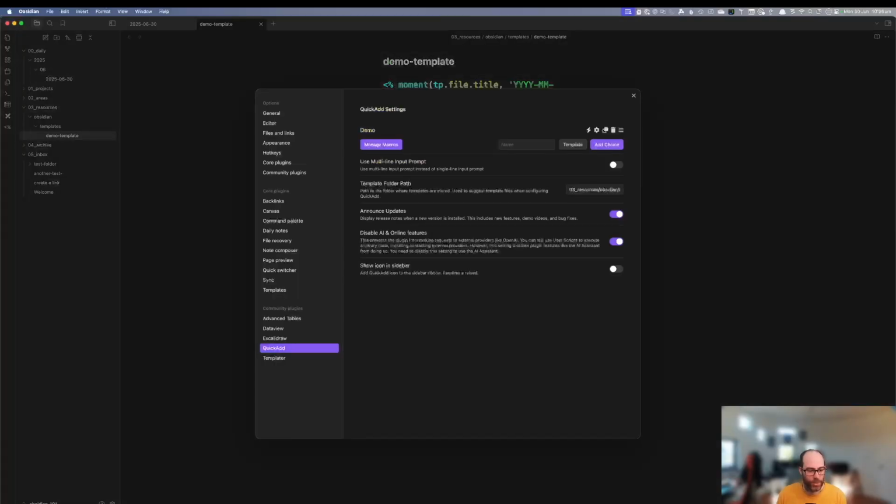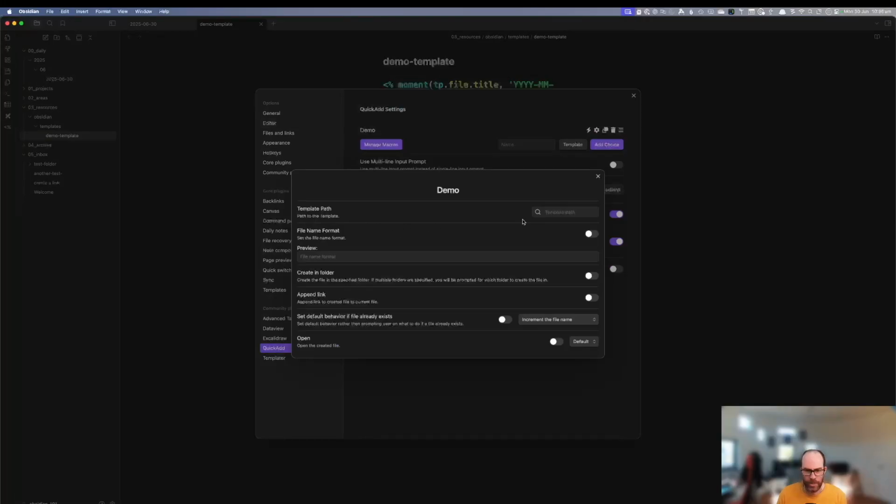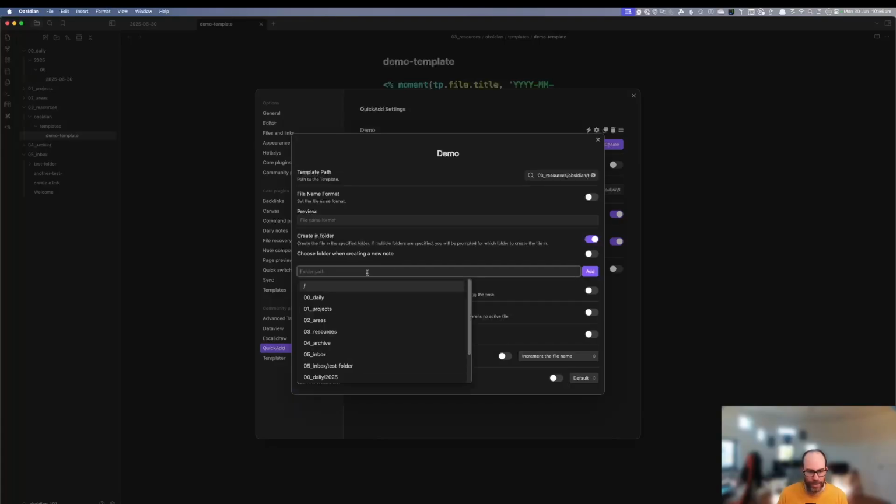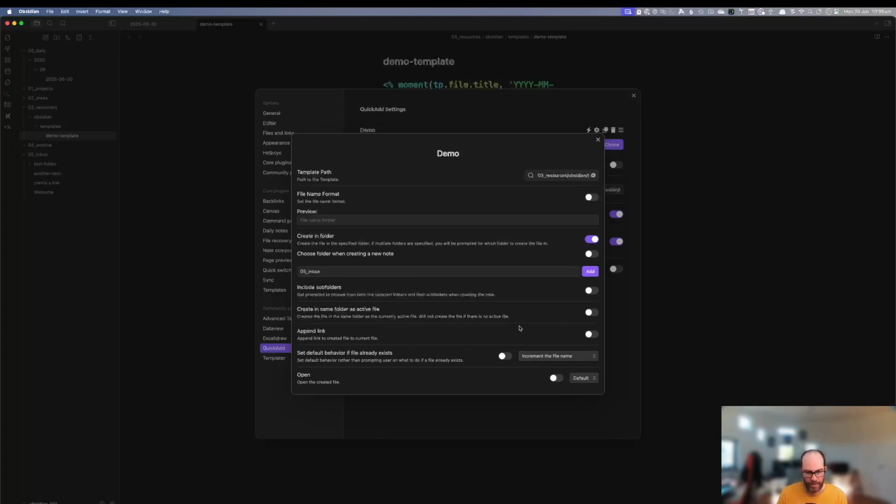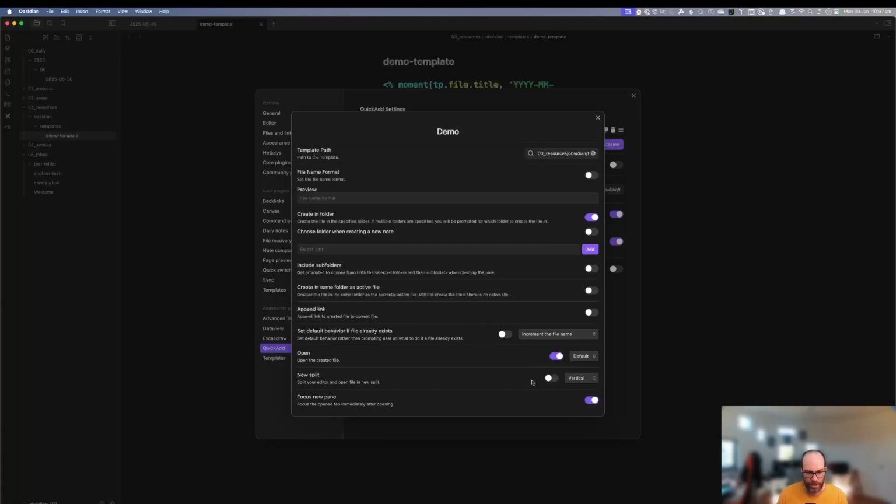Let's go back to Quick Add. Let's go back to the demo and let's pick our template. So there it is there, demo template. And we're going to set the file name format. That's fine. We're going to say create in the folder. Let's just always put this in the inbox. That's fine. And then we can say we want to open the created file and we want to split it